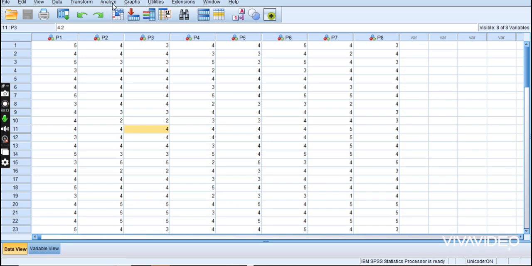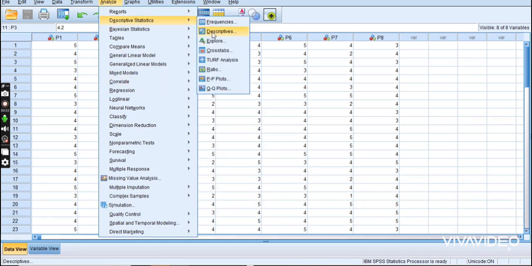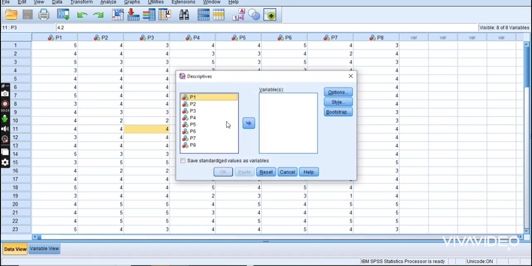Let's begin. First, with my dataset open in SPSS, I go to the top menu and click Analyze. From the drop-down, I select Descriptive Statistics, then Descriptives. A window appears. I select all 8 variables, P1 to P8, and move them into the Variables box using the